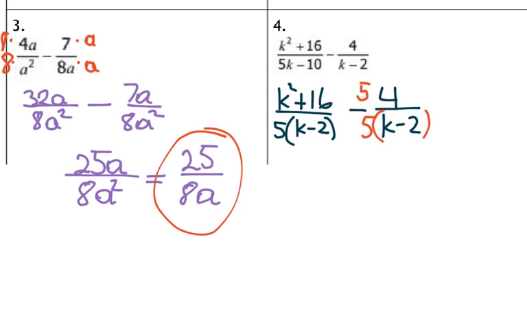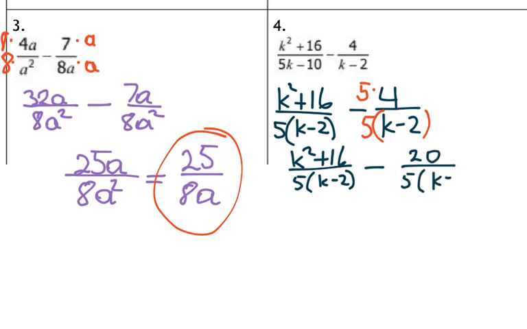So now I'm going to have k squared plus 16 over 5 times k minus 2 subtract 20 over 5 times k minus 2. Now my denominators are the same, so I'm going to subtract numerators and keep the denominator. So that will give me k squared, and then 16 minus 20 will give me negative 4 over 5 times